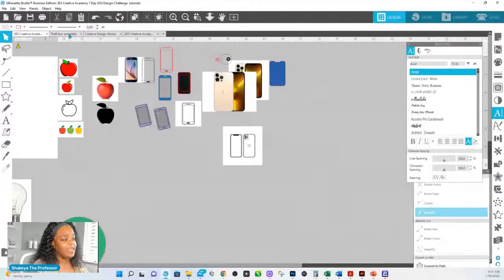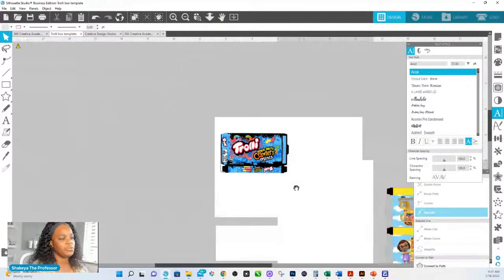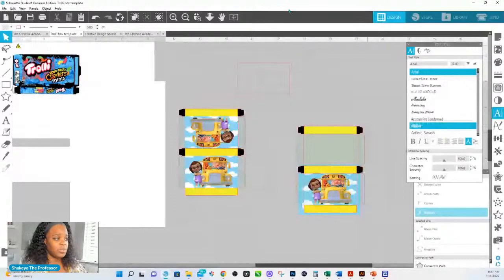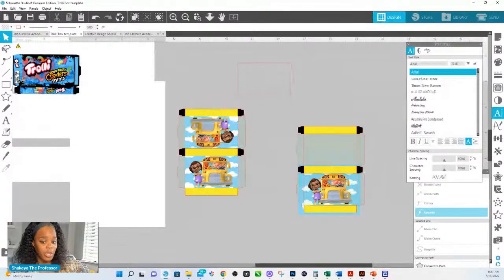And then for the event one, we learned how to make our own template. So from the trolley one, and then to have the actual box where you can make your own template. So there's a lot going on. You learn a lot of design techniques and things like that in these sessions.